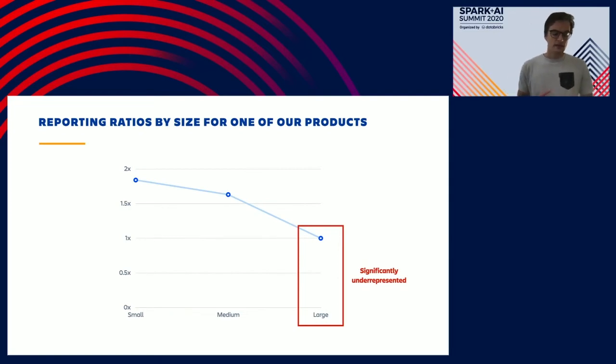And you might be thinking that the bias I've just described is extreme, but here is an actual bias that exists in the product analytics of one of our tools, where larger licenses, as defined by how many users they're licensed for, are almost half as likely to opt in and send us analytics compared to smaller ones. Now, if you're analyzing a feature that appeals to those trying to manage and deploy our products at scale, this particular bias can become very impactful.